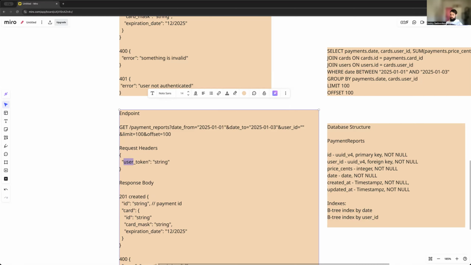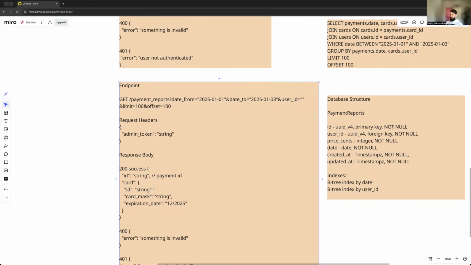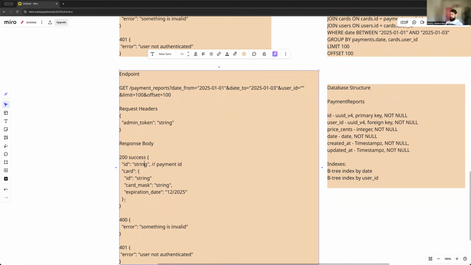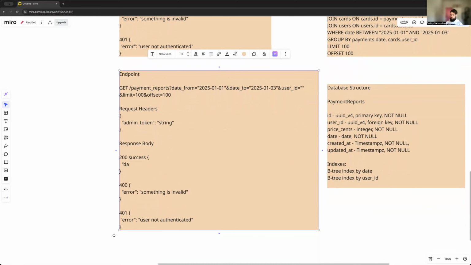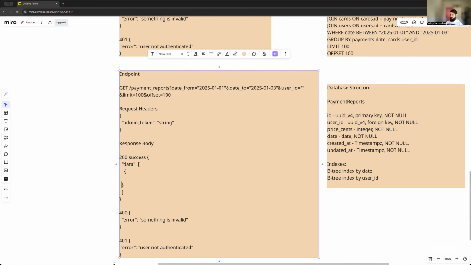Request header has an admin token to authenticate the user. Response will have a 200 code, which means success. It will return an array of reports. And in this array of reports, we will see